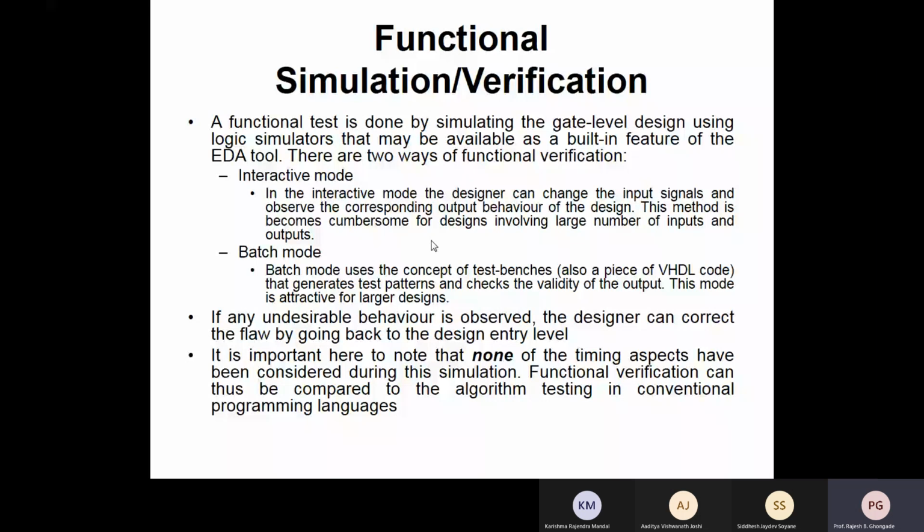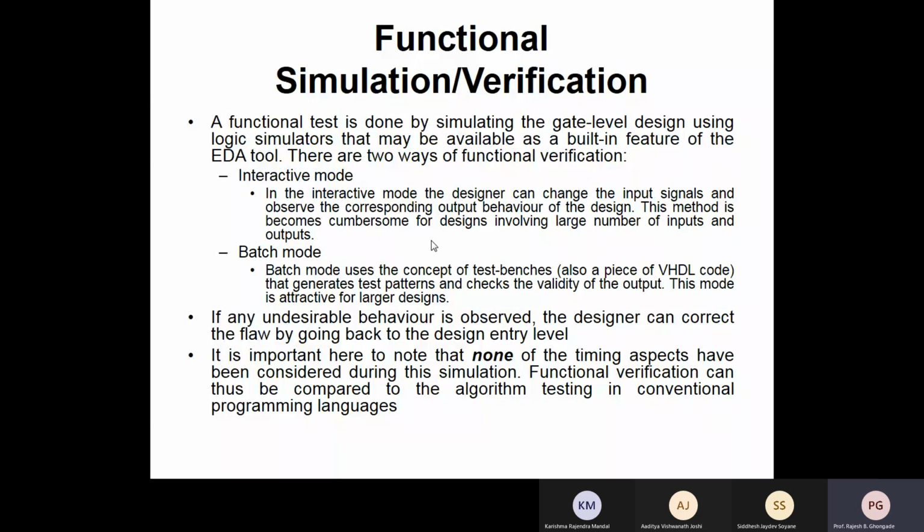And of course, this is a very cumbersome way of simulation, where at every step you are supposed to change the signals and see the behavior. Okay, and as the number of signals goes on increasing, this becomes almost impossible.